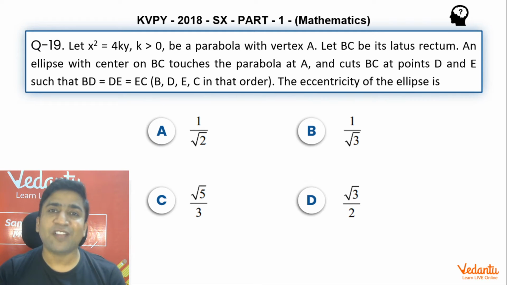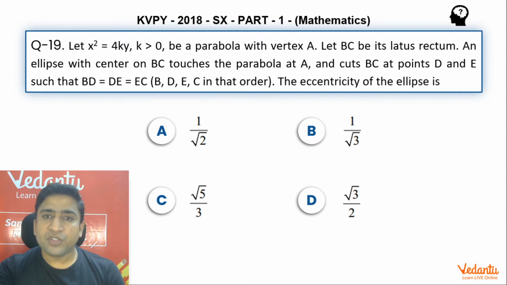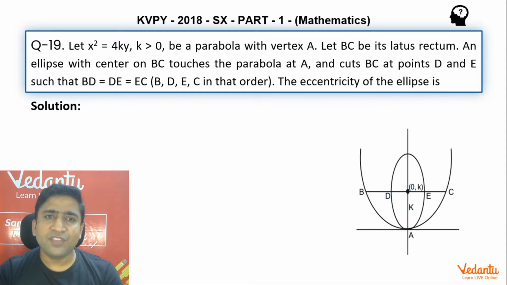So guys, if you ask me about this question, if you can plot the geometry, it can help you a lot in understanding the whole scenario, what exactly is going on. Otherwise, if you just try to read this question, it seems as if it's a bit difficult one. But obviously, plotting the geometry is going to ease out your calculation and your understanding about this question. Okay, so let me quickly show you the diagram and let's have the solution. Guys, just try to observe it.